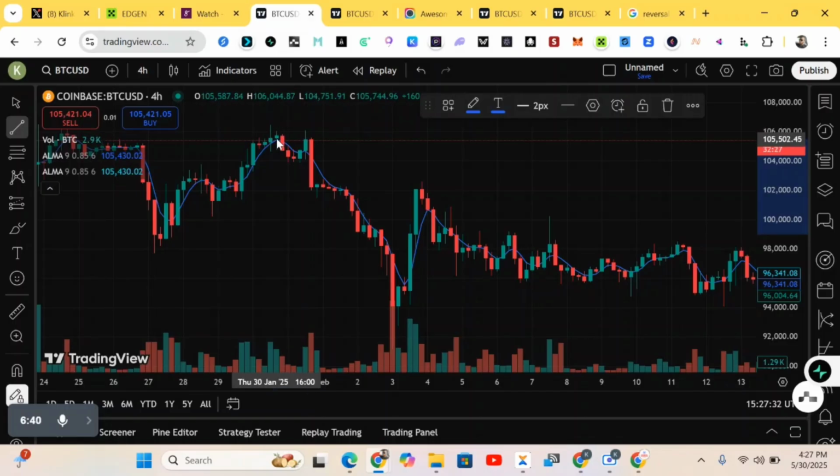Over the area of resistance, we now have this short bearish candle over here. Then it pushed, and buyers still came over here to try and push it up. They tried again over here. Sellers came and brought it down to this level. Buyers still tried to push it. So buyers and sellers were both trying to push the market to an extent,